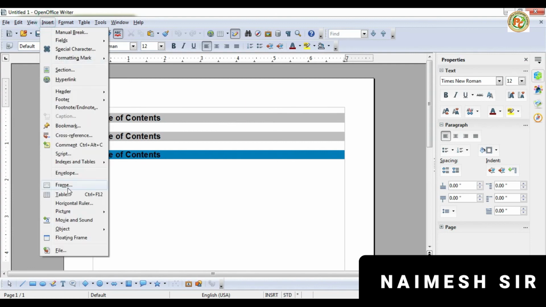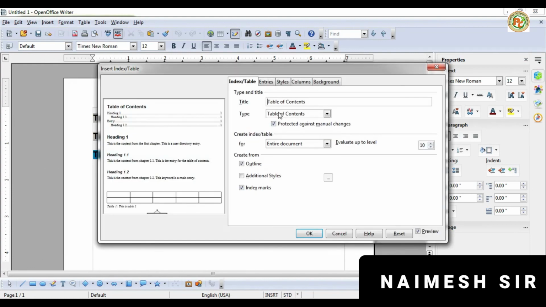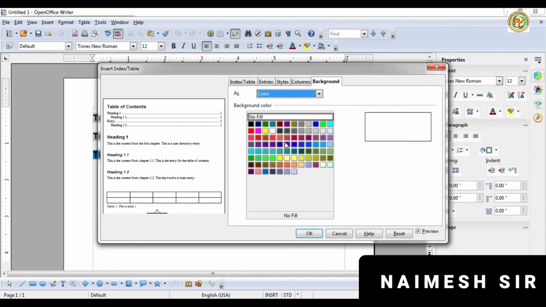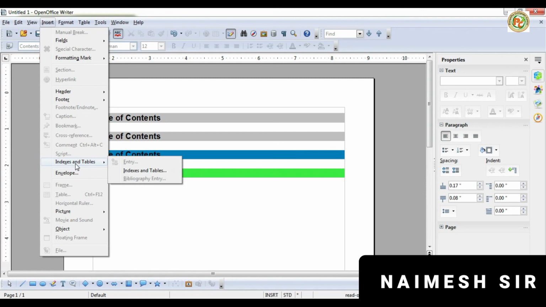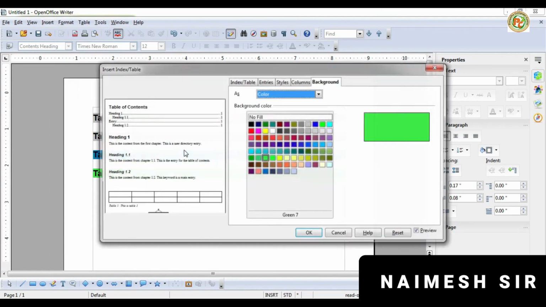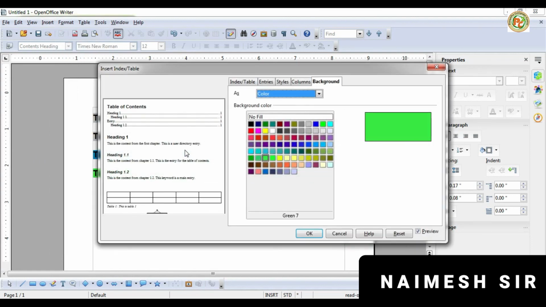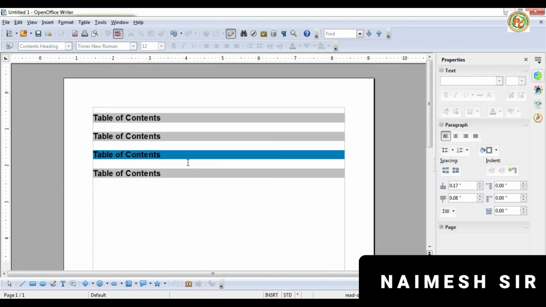Now similarly we will assign the different options, like if you want to set the color, select it and click on OK, it will be added at the bottom, right? So this way we can use the different options of indexing and tables. This is called the table of contents. We can assign the table of contents to each and every part. Okay, and now if you want to delete a color or a graphic, then also we can delete it. Okay, click on the no fill. Okay, just that is simple. Click on the no fill and OK, it will be removed from here.